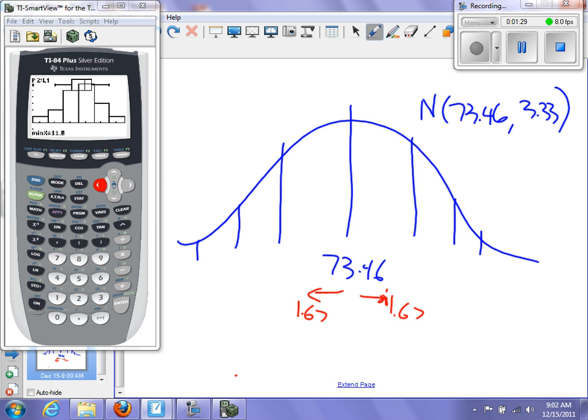Can somebody take 73.46 and add 1.67? What do I get? 75.13. And what would I get on the other side here? 71.79. All right, does that make sense to everybody? Those are within 1.67 seconds of either side of the mean. Okay. So what is the z-score